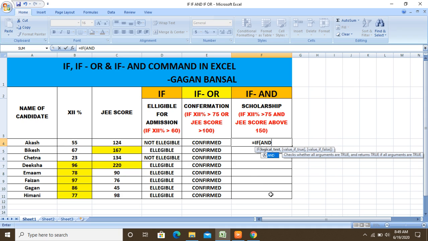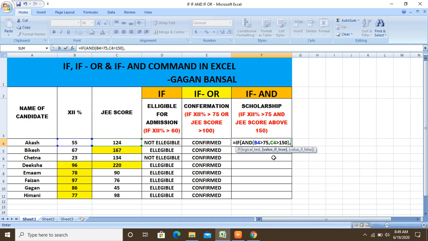And the syntax is AND, bracket open, first logic is if 12th percentage is greater than 75, and the second logic is GATE score above 150, bracket close, the arguments are over.